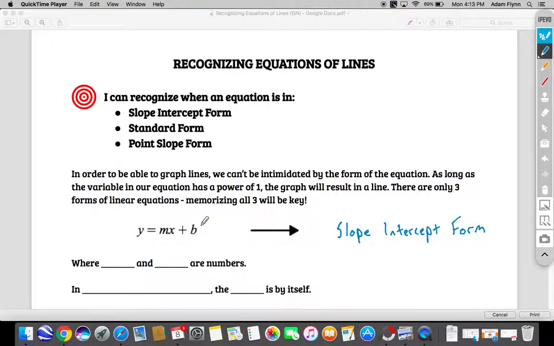Okay, and when we are given something in slope-intercept form, y equals mx plus b, m and b are going to be replaced by numbers. So we could plug in a 2 for m and a 1 for b. We could have a 3 over 2 for m and a negative 5 for b. It doesn't matter. Okay? So in slope-intercept form,